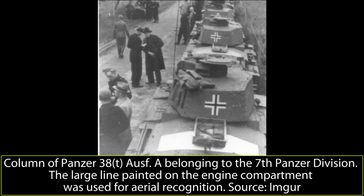The 8th Panzer Division was a bit larger, with 116 Panzer 38Ts and 15 command tanks. When the Germans attacked in May 1940, both of these panzer divisions were part of General von Rundstedt's Armee Gruppe A. The 7th Panzer Division, which was under the command of Erwin Rommel, made quick progress and, by 14th May, crossed the Maas River. After that, it successfully engaged the French 1st Tank Division, which had Char B-1 bis and